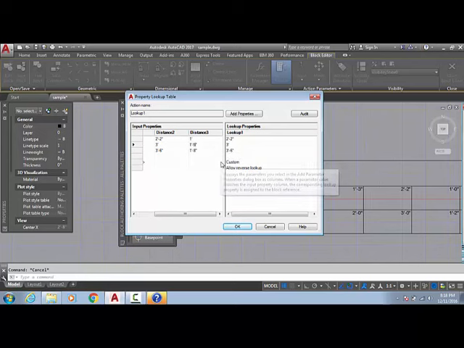2 inch, but it's minus, don't put minus, I put it by mistake. Delete, delete, delete, again delete, delete. Okay, delete.